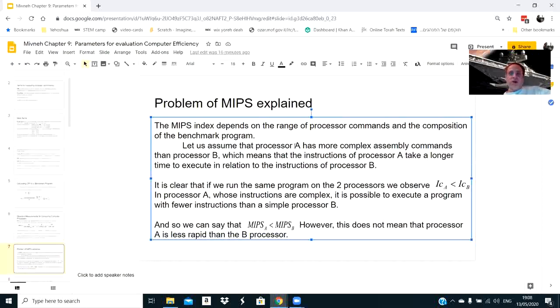Let us assume, here I'm just going to give an example of what I just said, that processor A has more complex assembly commands than processor B. A has these super amazing commands, and B has just regular simple ones, which means that the instructions of processor A take longer because they're complicated in execution in relation to instructions of processor B. B has very simple ones, so they take less time. It is clear that if we run the same program on the 2 processors, we will observe that the instruction count